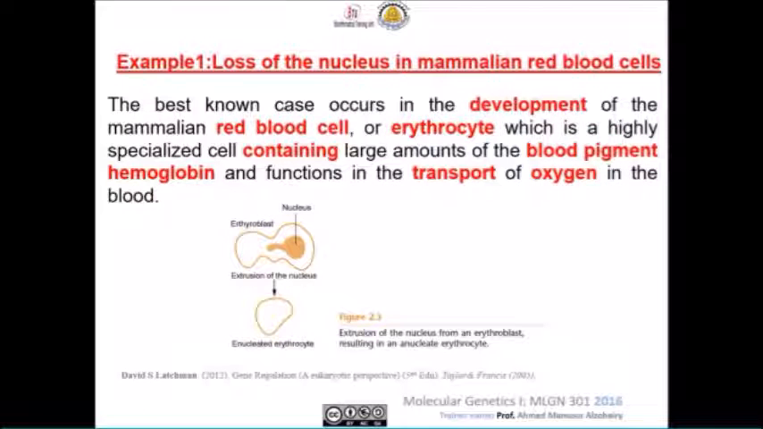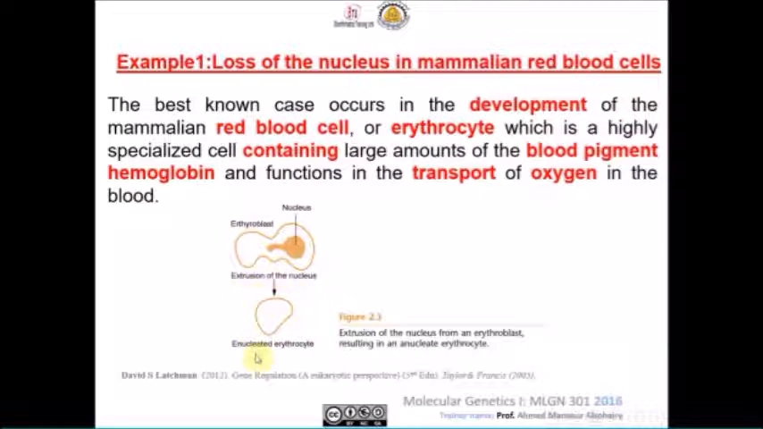Example number one: loss of nucleus in mammalian red blood cells. This is the best known case. It occurs in the development of the mammalian red blood cell, which is a highly specialized cell containing a large amount of blood pigment, hemoglobin. We know that the function of these cells is to transport oxygen in the blood. So in this case, we saw this special case that